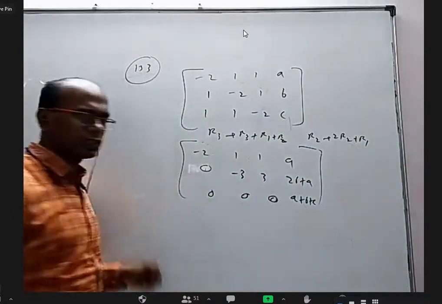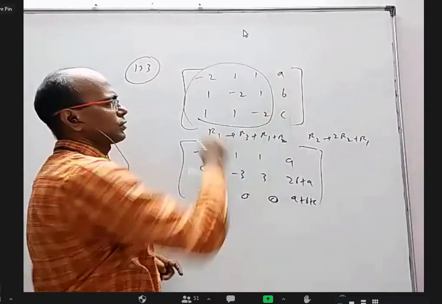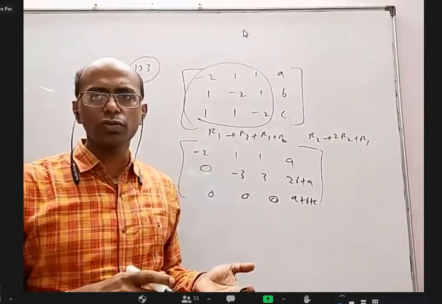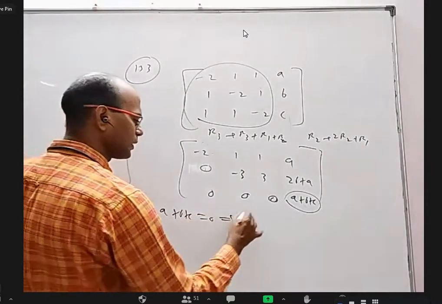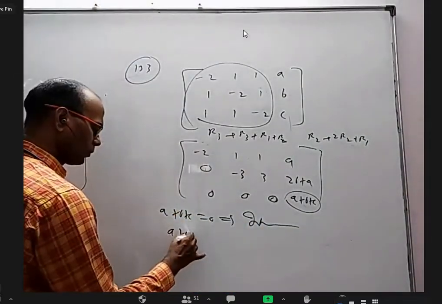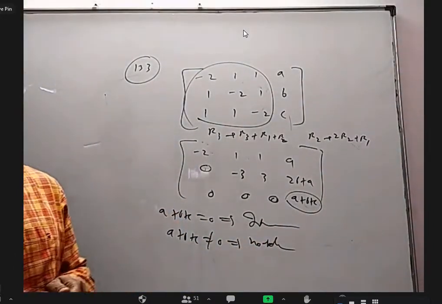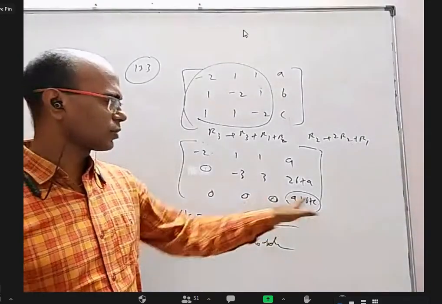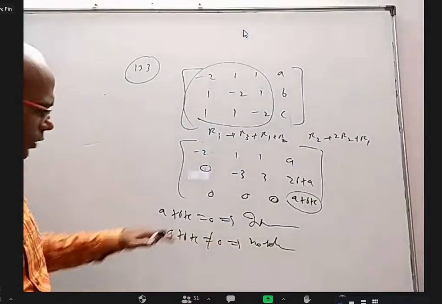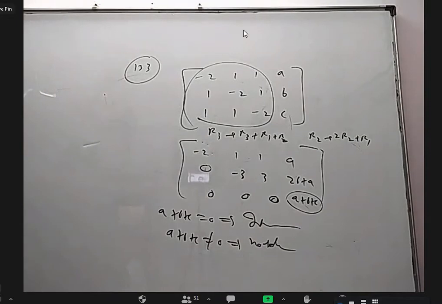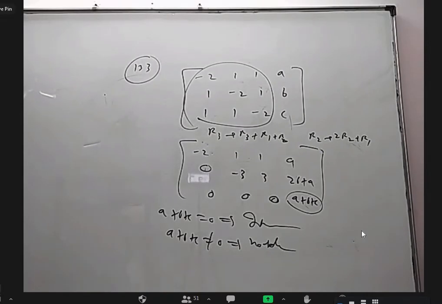But still, you know already the delta is 0. If you take determinant of this, 0. So there is no question of unique solution. Either no solution or infinite solution. Everything depends on this. A plus B plus C equal to 0 means infinite solutions. And A plus B plus C not equal to 0 means no solution. Right? Otherwise it is 0 into x plus 0 into y plus 0 equal to non-zero number. That's very simple. Just try to convert the output into zeros. You will get only two cases. A plus B plus C 0, infinite solution. A plus B plus C not equal to 0, no solution. Is it clear? 133? Yes.